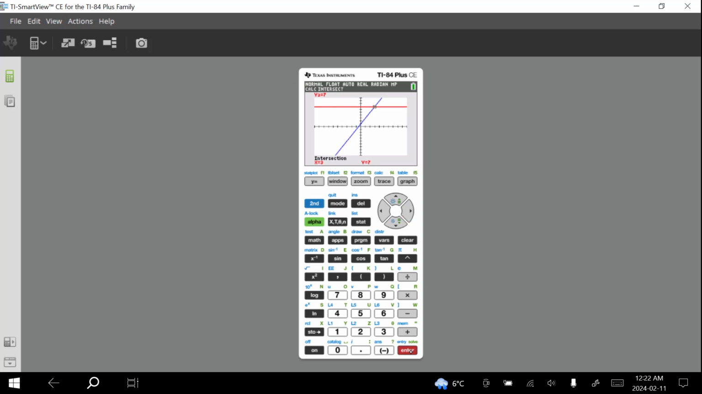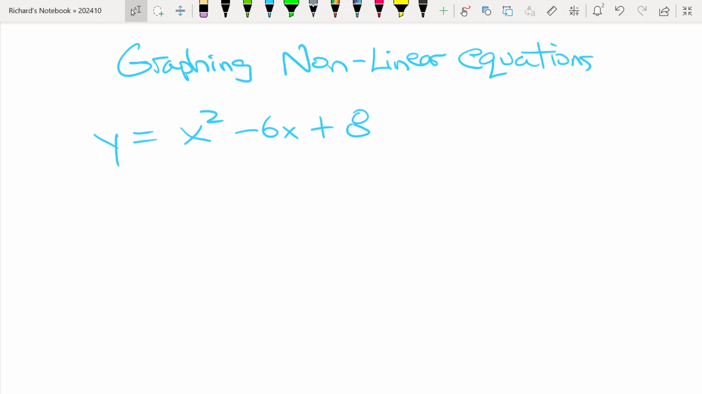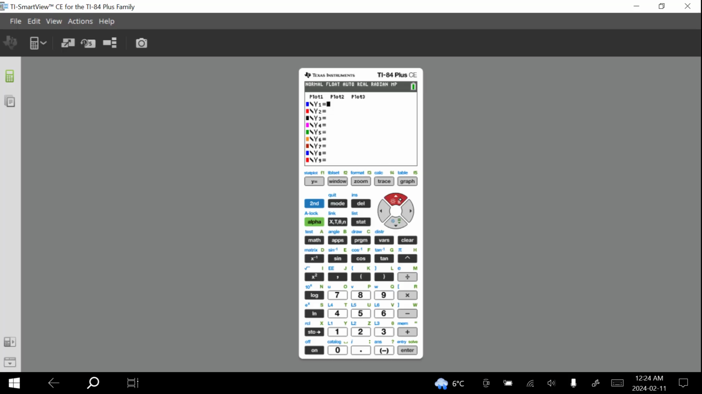And the value y equals 4, x equals 3 at that point of intersection. In your course, you will be graphing many nonlinear equations. An example of such an equation is y equals x squared minus 6x plus 8. Let's graph it. To enter the equation y equals x squared minus 6x plus 8, I am going to start